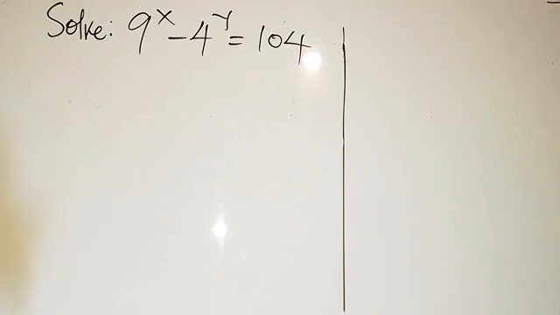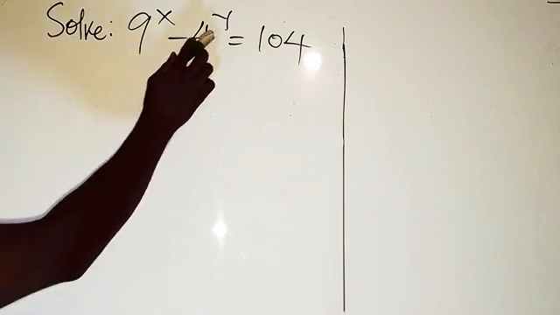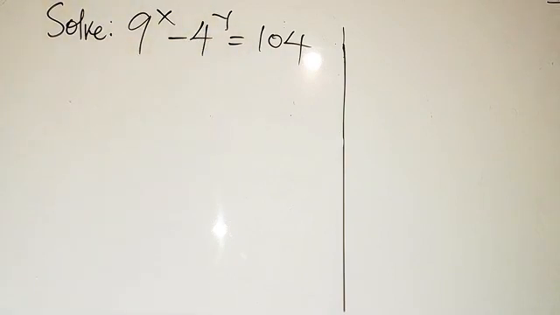So in this tutorial today, we are going to be solving this question before us. This is an Olympiad math problem. We have two variables, x and y, and we are to solve for x and y. We have 9 to power x minus 4 to power y equals 104. Now I want you to stay focused and see how we are going to get the value of